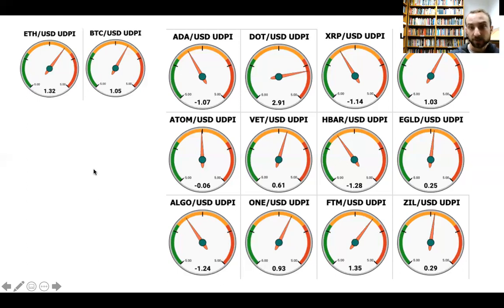On the other hand, we see that in particular DOT, most of all, has pumped up recently in anticipation of the parachain auctions, and its risk is sitting at 2.91, which is pretty elevated and certainly more elevated than any of the others you see on the screen. And so that suggests that DOT is relatively high risk right now. Now, DOT could continue to run. It certainly has more room. The scale maxes out at 5, so there's no rule that says that it has to reverse.